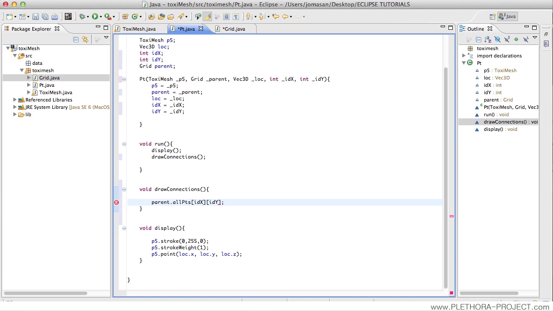So as a point, this is us, right? This is the point itself in which we are located. And the point also has some neighbors, right? So we could say idx plus 1, idy plus 1, and we will have some neighbors around us. Let's make a few vectors out of this, right? So I'm going to say Vec3D v1 equals idx, or we could call this vector me,